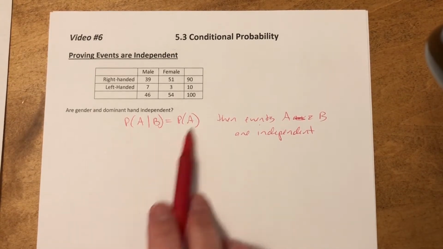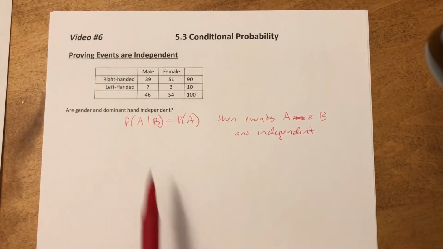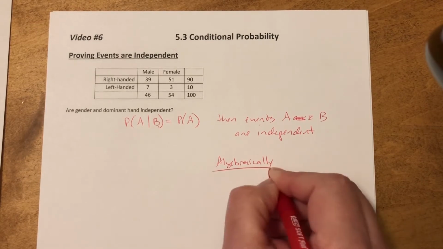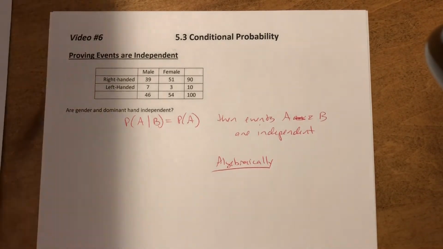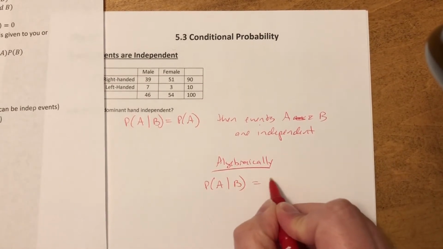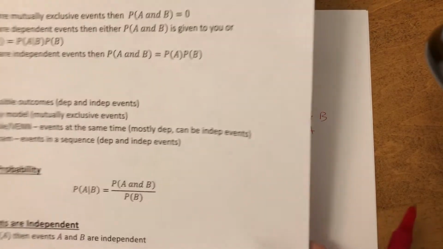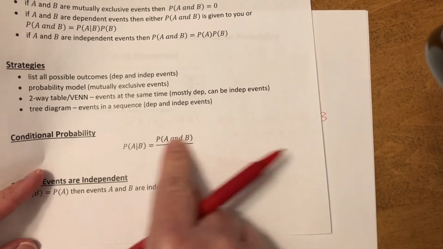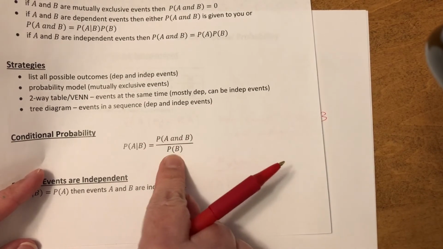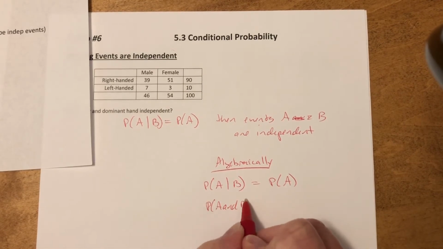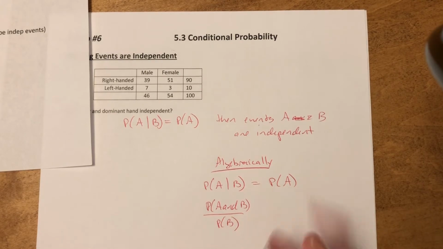Proving that there's a relationship is very important. So I want to think through this algebraically. From our cheat sheet, let me write it down: A given B equals the probability of A. We know the probability of A given B is the probability that A and B occurs divided by the probability of B. So this is the probability of A and B divided by the probability of the condition. Well, if A and B are independent,